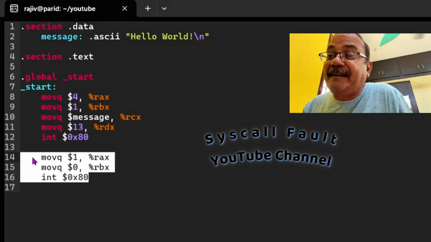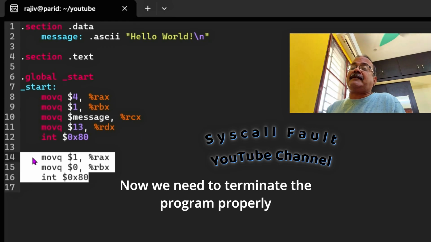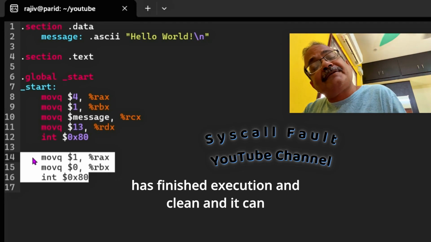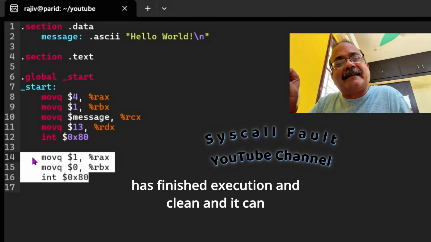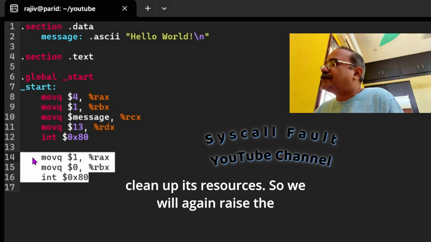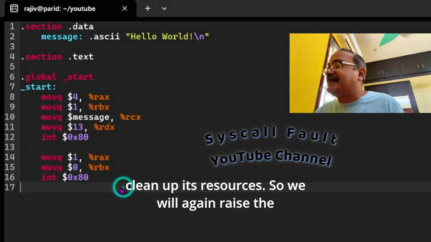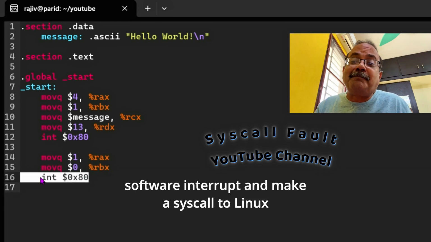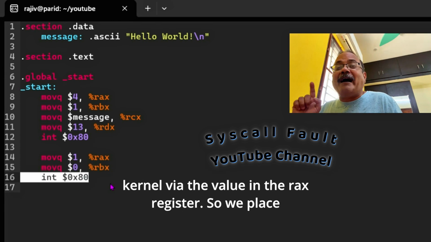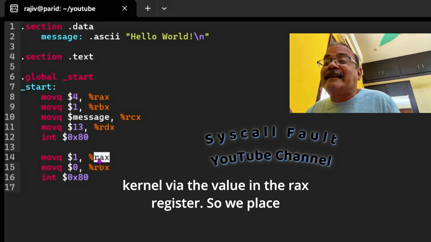Now we need to terminate the program. Why is this necessary? We need to terminate the program properly so that the operating system knows our program has finished execution and it can clean up its resources. So we will again raise the software interrupt and make a syscall to the Linux kernel via the value in the RAX register.